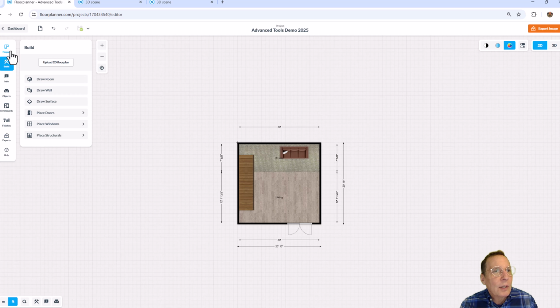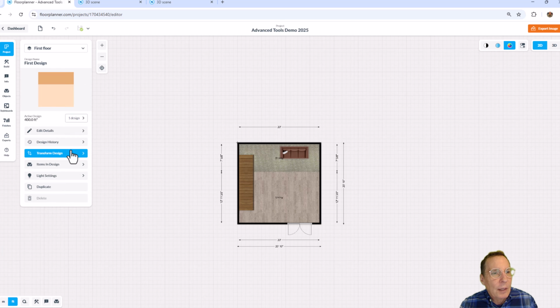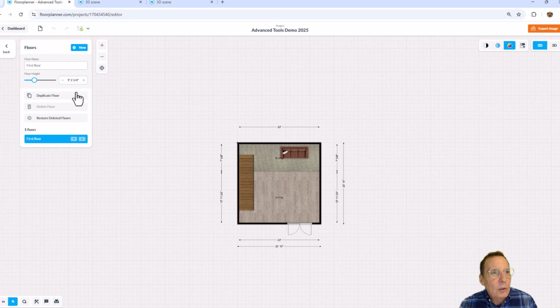So you go to the project tab, which is where you build multiple designs. We know about duplicating designs, of course. And you have the first floor up here. Open up the multiple floors. You only have one floor open currently. If you go to the little 3 buttons on the right-hand side there, you have an option to go ahead and duplicate the floor. If I hit duplicate the floor,